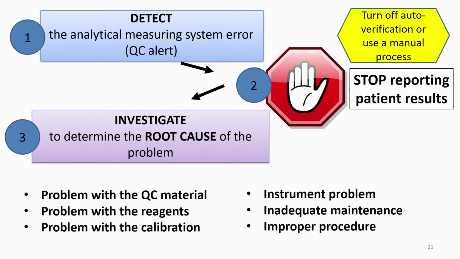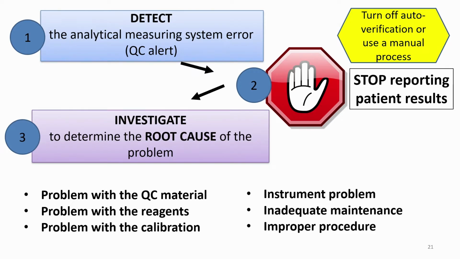And I've listed the most common problems that we experience in my laboratory. So one very common problem is a problem with the QC material itself. The vial has been taken in and out of the refrigerator too many times, it's been left on the bench too long, and it's degraded. Another common problem is a problem with the reagents. We have a reagent wedge on board the instrument, and it has degraded even though it's still within its onboard stability claim. This happens with particular lots of reagent. This happens with, for whatever reason, one single wedge of reagent. This can happen with a particular shipment of reagents. So we have to look out for that.